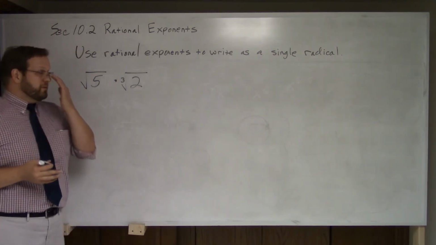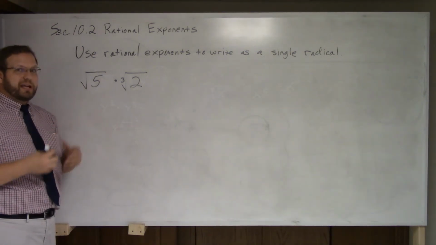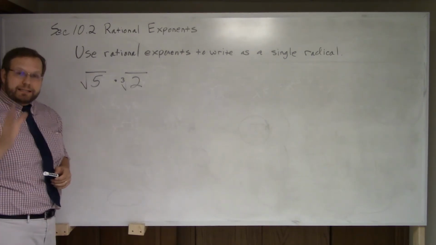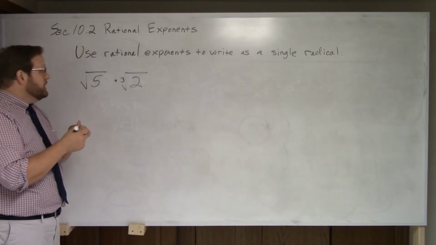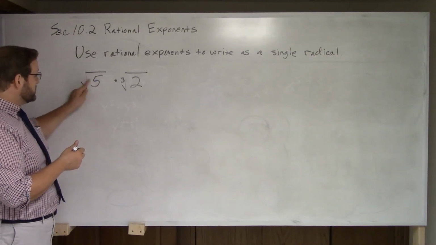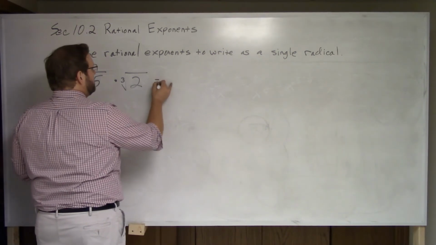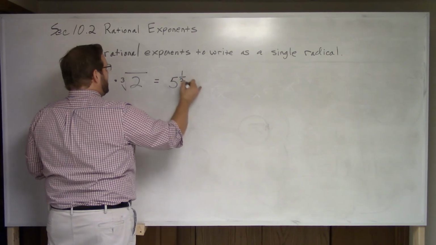Now this is different because we have those numerical radicands. We don't just have variables that we're just going to kind of move around. We may have a little bit more calculation to do. Let's take this a step at a time though. We still want to have a single radical. So we can't do that because we have a square root, cube root, different types of radicals. So what I'm going to do is I'm going to convert them to rational